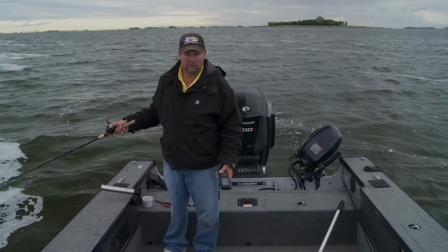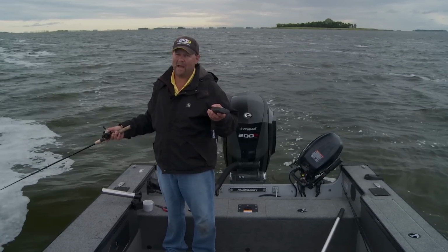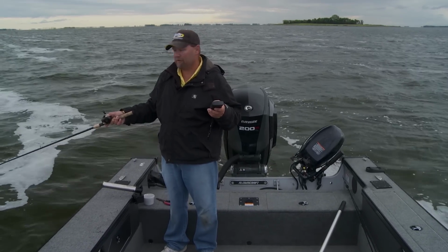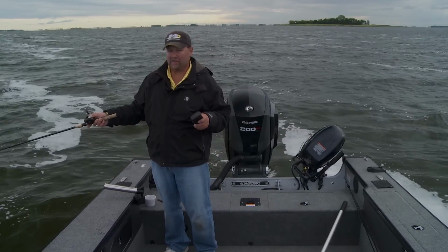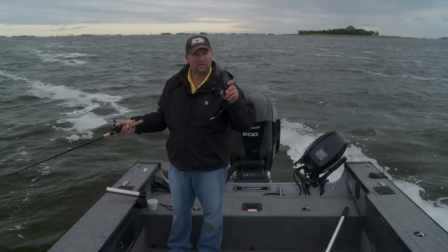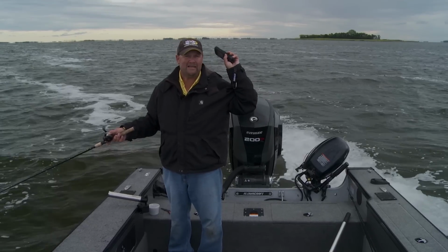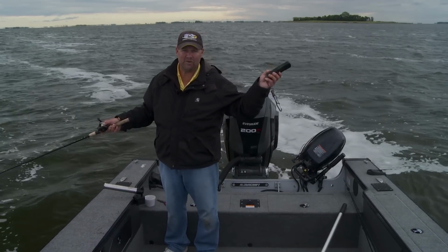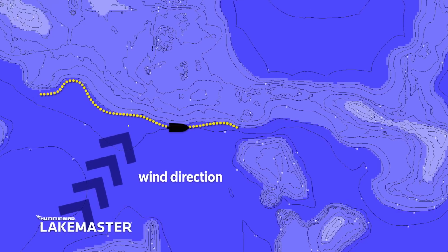So one of the things I'll do, especially when I'm fishing new waters, is a lot of looking at that map before we come out in the morning and just trying to figure out areas that I can fish based on the wind. But understand this, I want to be where there is wind. One of the things I'm able to do is eliminate about half of the body of water because I want to fish walleyes where there's a little bit of wind. So anything over on that northeast side of the lake today, I'm not even going to mess with. I'll mess with that tomorrow when the wind shifts to the south. But today, I'm just going to mess around with stuff over here on the west side of the lake